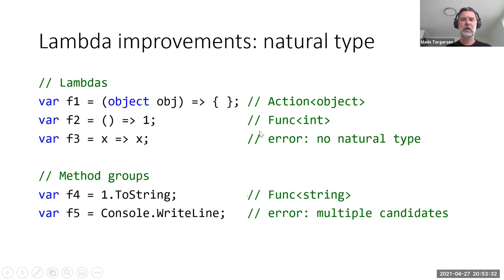We're also thinking to do that for method groups. So if you have methods or local functions or some named function that is not overloaded, then we can uniquely pick which signature it has, and from that we can try to come up with a good delegate type for it. Console.WriteLine has multiple overloads, so we can't do it there. We don't know which of them you meant. So this will help sometimes when you're working with Lambdas.